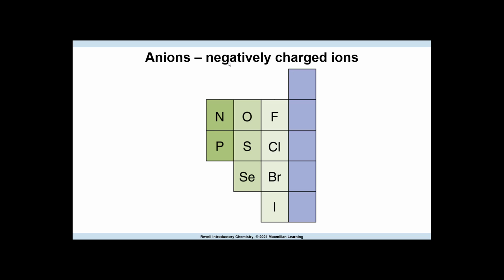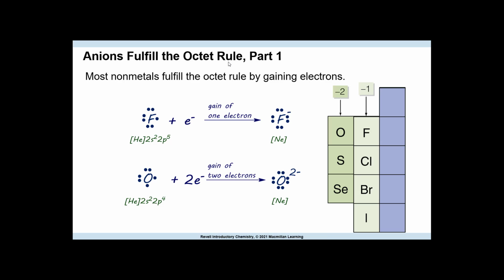These are nonmetals located on the right-hand side of the periodic table. And anions, let's go to the next slide. Anions fulfill the octet rule. Where metals or cations give away electrons, anions take the electrons. Those electrons have to go somewhere. The valence shell of nonmetals is not completely full, so by taking these electrons